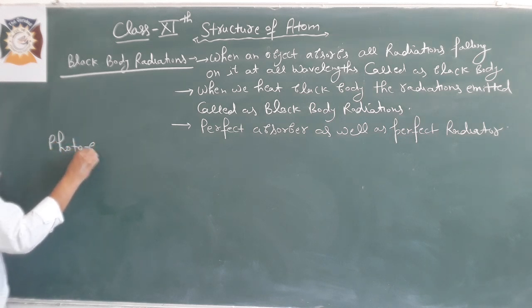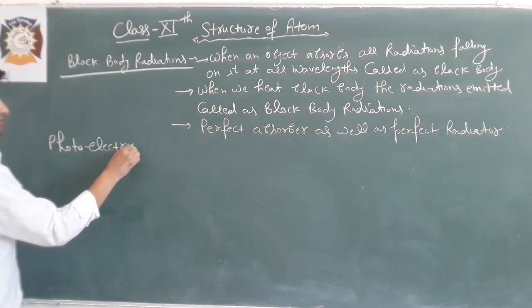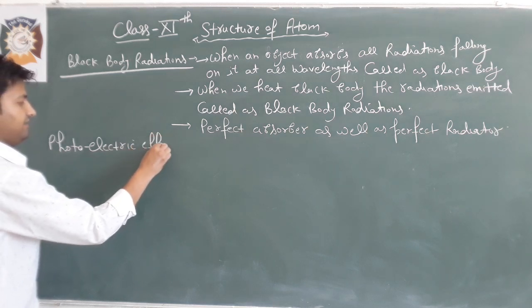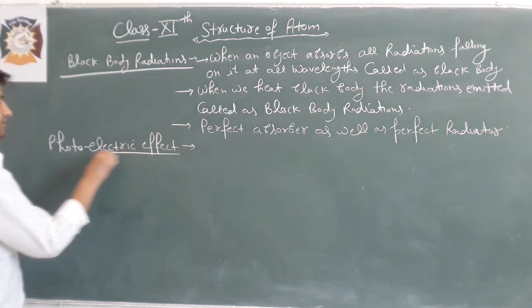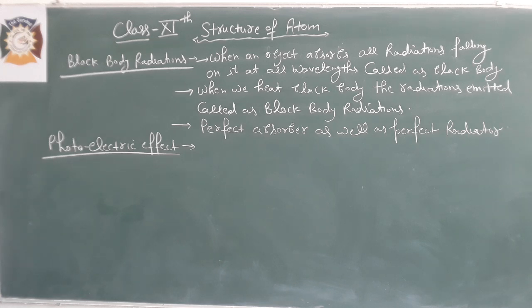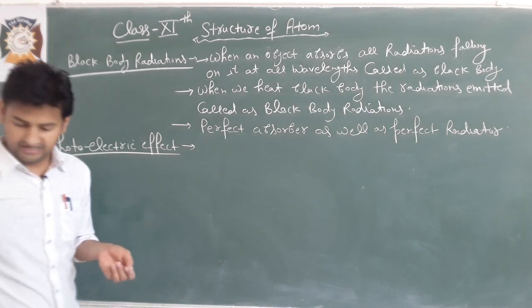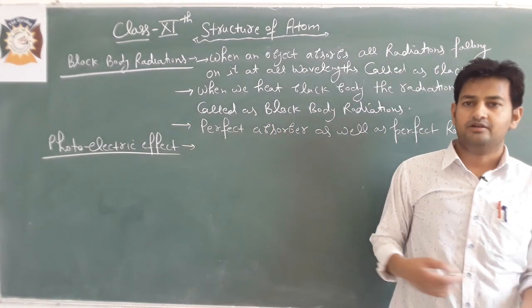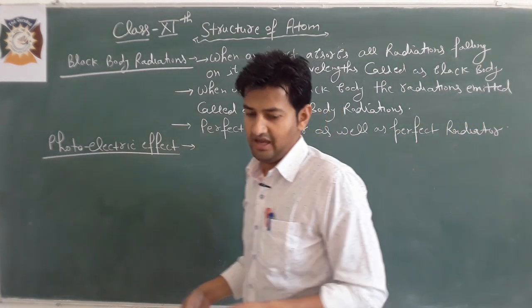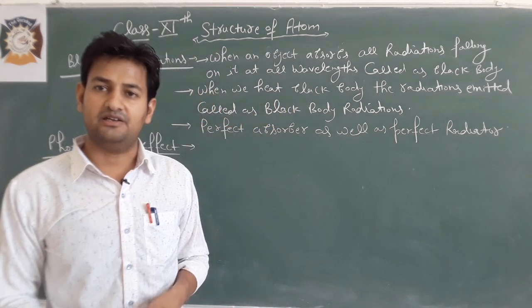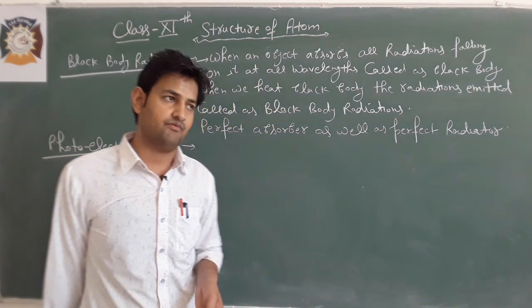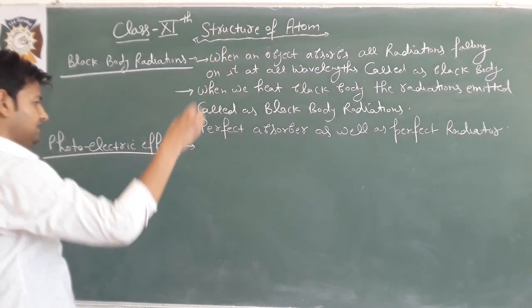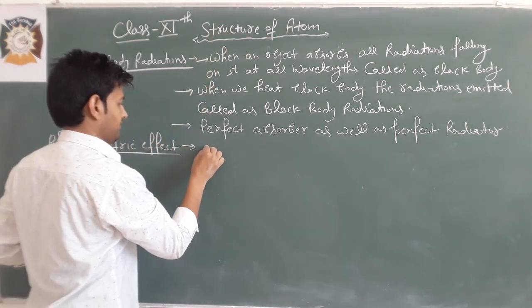It is also an important phenomenon, the photoelectric effect. What is the photoelectric effect? Electrons are ejected from the surface of a metal when radiations having frequency slightly greater than some minimum frequency strike it. So we can say that it is the ejection of electrons